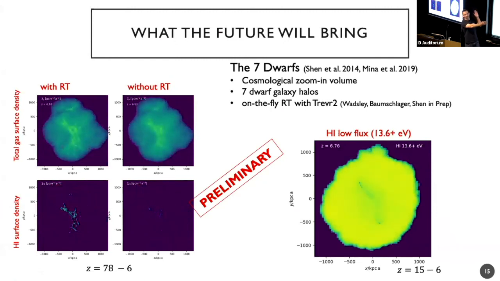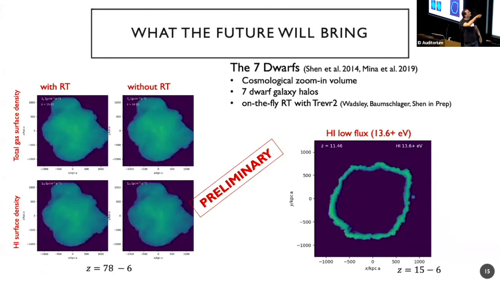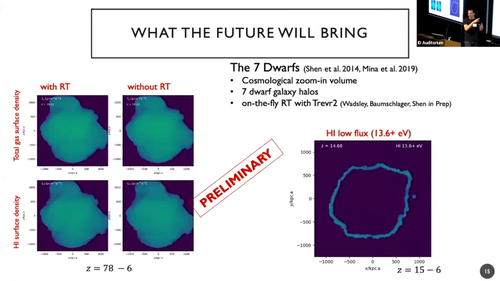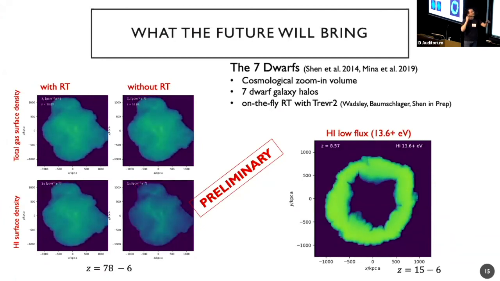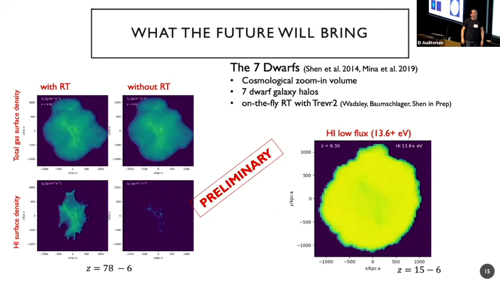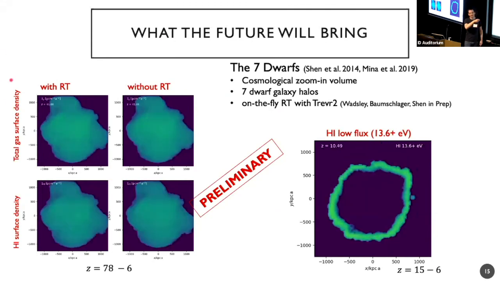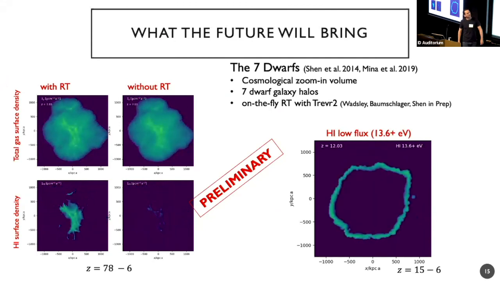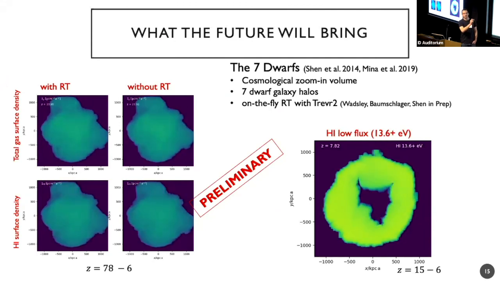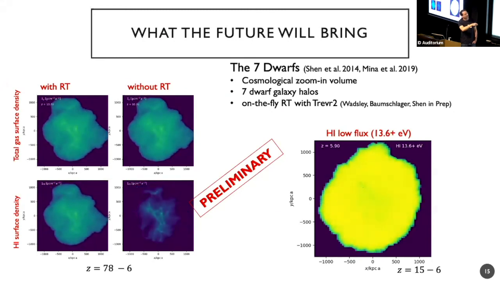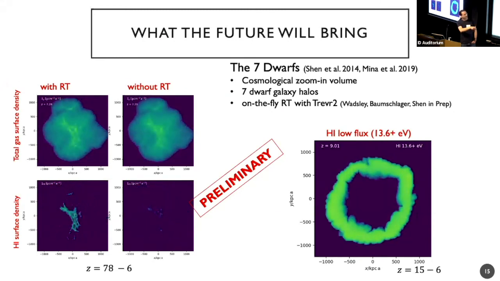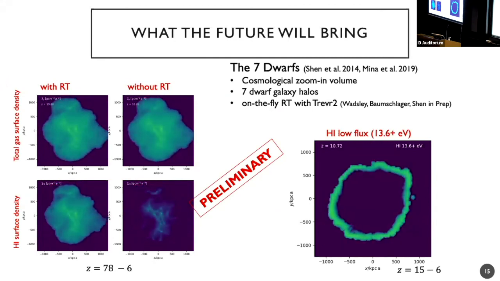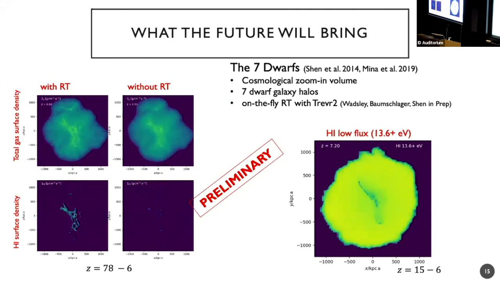So 2.5 megaparsec, by the way. In the core of the zoom-in regions, we see slightly higher density filaments than in the old case. That's to be expected. Here it is getting ionized, but here it still doesn't see any radiation. And on the left side, we see the flux in one of the narrow H1 ionizing bands. You can see clearly how it's moving inward. And if you're lucky, you might be able to see it.